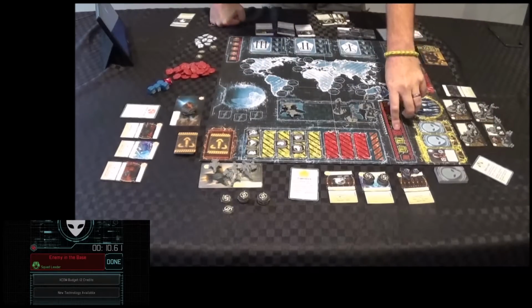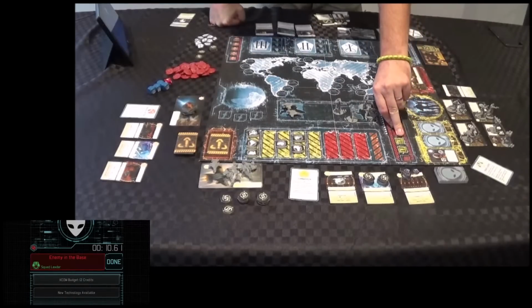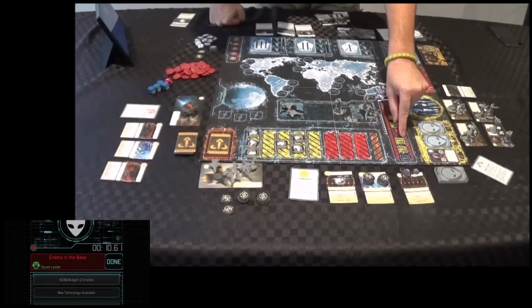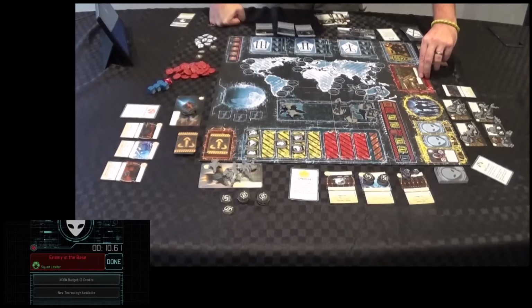Now the base damage, just quickly, is extremely important. It's a very quick way to lose the game. If there's 3 enemies left in the base and you don't beat any of them, you advance the damage track 3 units. Worse still, it comes across this target, which means we have to resolve this target on the mission